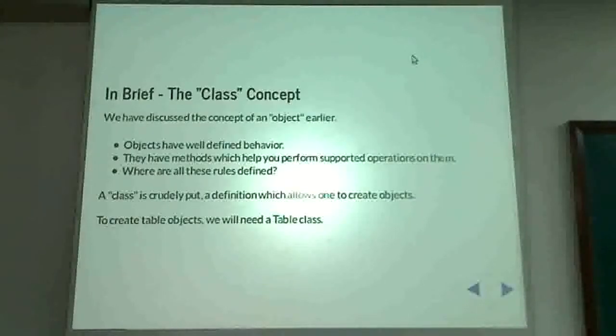So now in order to use the table package, the table subpackage in AstroPy, you need to know what classes are. Now since we are not covering object oriented programming, this is something we are not going into in depth, but I'll give you a brief overview of what classes are. So we've been dealing with objects right since the beginning. We've been dealing with int objects, float objects, string objects, list objects, and we all know what objects are by now. They are basically chunks of data which have well-defined behavior. They have certain functions or methods attached to them which allow you to work with them and perform various operations.